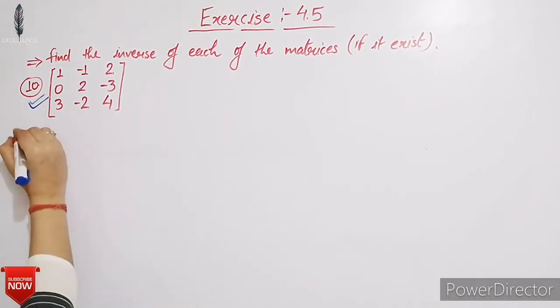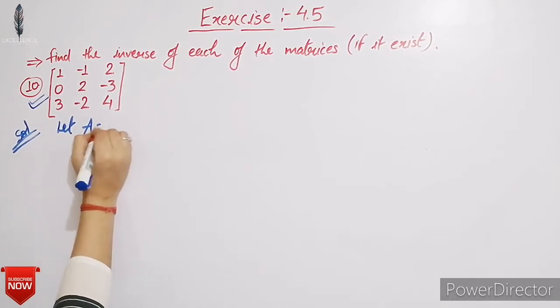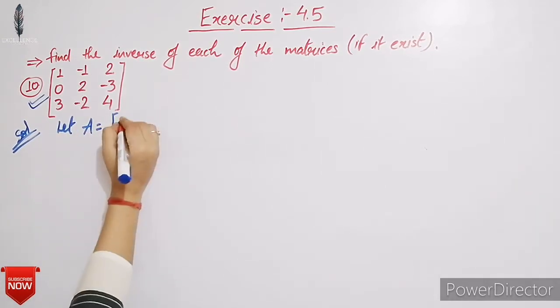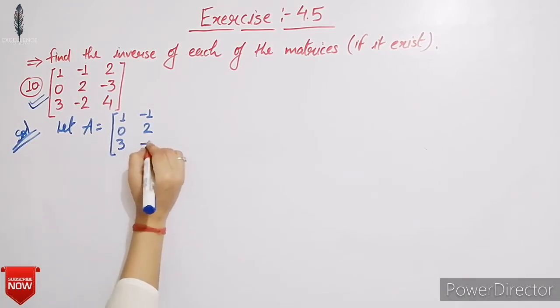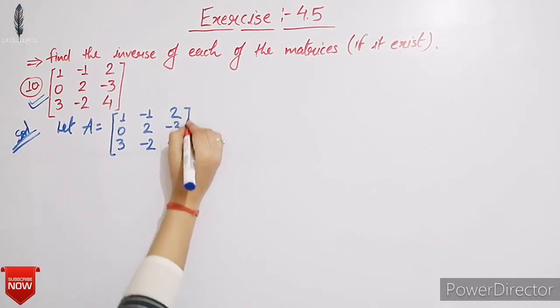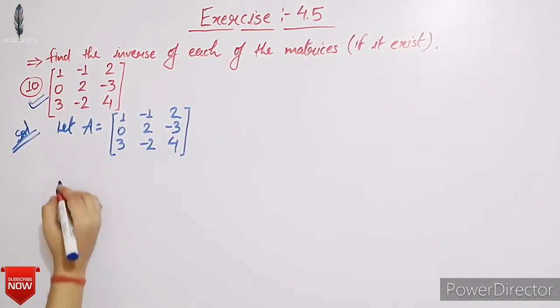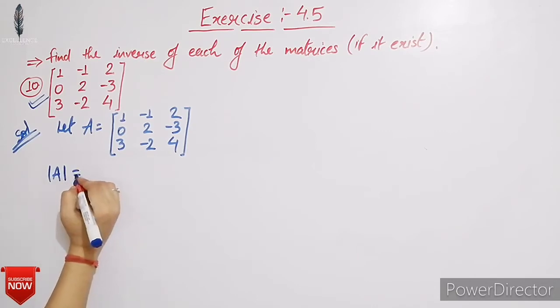Here also we have a matrix of order 3. So apply the same process. Let A equal [1, 0, 3; -1, 2, -2; 2, -3, 4]. First we have to find its determinant. So the determinant of A is equal to,